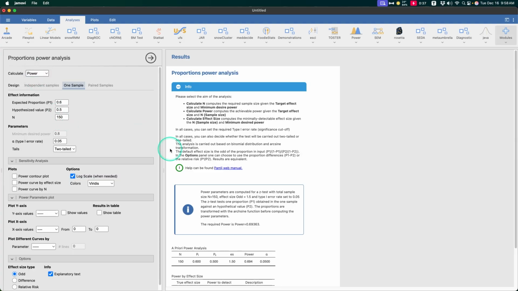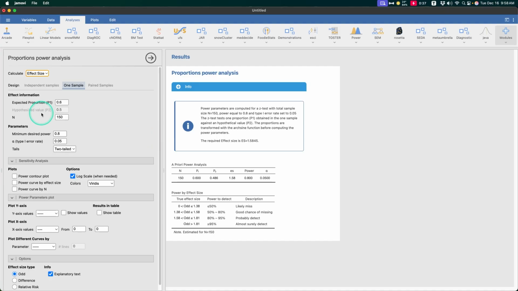The other thing that we can do is we can figure out what our odd is going to be. So I'm going to use one sample power proportion, your straight one sample binomial. What gets grayed out here is the hypothesized value, because what we are trying to do is to detect the odd, right? Here is our effect size, and you can see here our odd value is 1.58. I love how the odds ratio is labeled as odd. And so effect size is 1.58 right here, right? So that is if we use the default value of 0.6, using 150, minimum power of 0.8, alpha of 0.05,